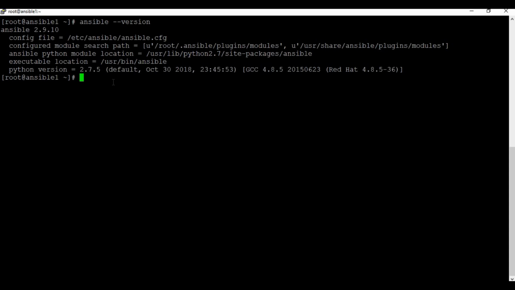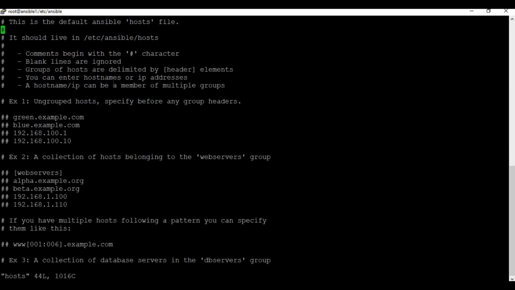In my tutorial on Ansible installation, I showed you where the config files are available. It's under /etc/ansible. If you see, you have files called hosts and roles. The hosts file is what we are going to look into in this tutorial. If I go to vi hosts, I'm going to edit this file. We spoke about how we can configure the web servers or a set of servers. So let me add